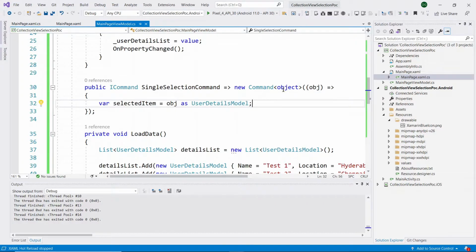Here obj is our selected item. So whenever we select any item, that selected item we get inside the view model with the help of obj. Let's run our application and see how it will work.